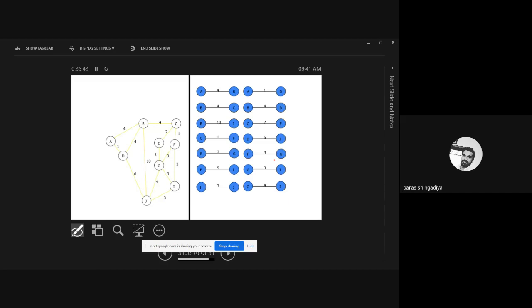Clear? You have to just observe all the edges and make one collection of all the edges. That is the graph we have, and these are all the edges. That is A to B, the distance is 4. So you have to consider A to B, B to C, B to J, C to F, D to J, as per the notation. This notation is ABCD, so here we mention ABCD and so on. Clear? That is the collection of all the edges, which includes all the weights of the graph. That is step 1 in Kruskal algorithm. Okay, and after that, in the next step,